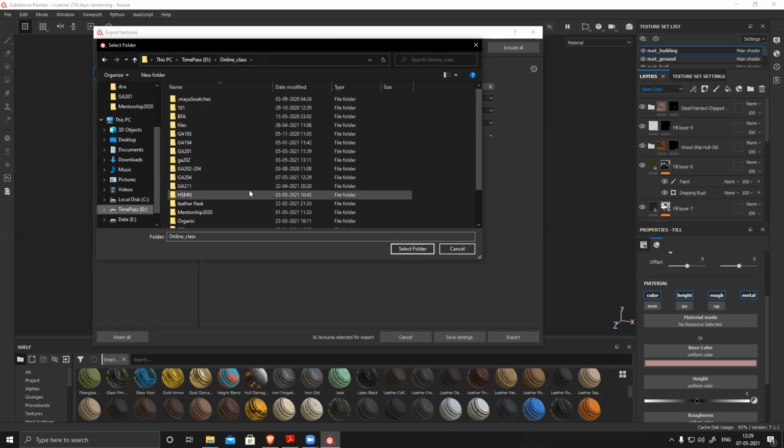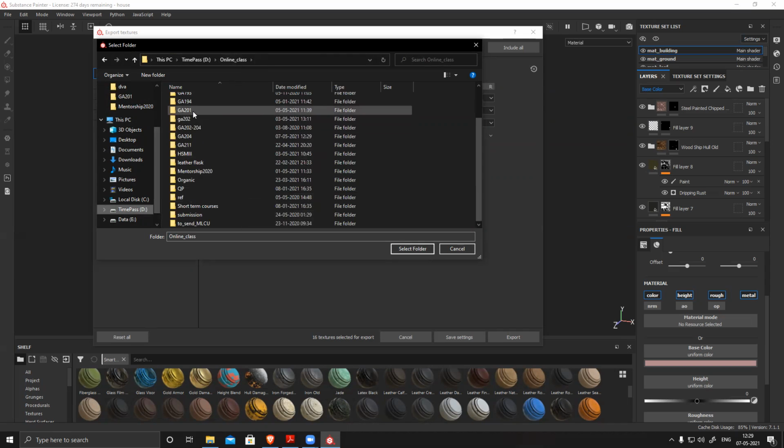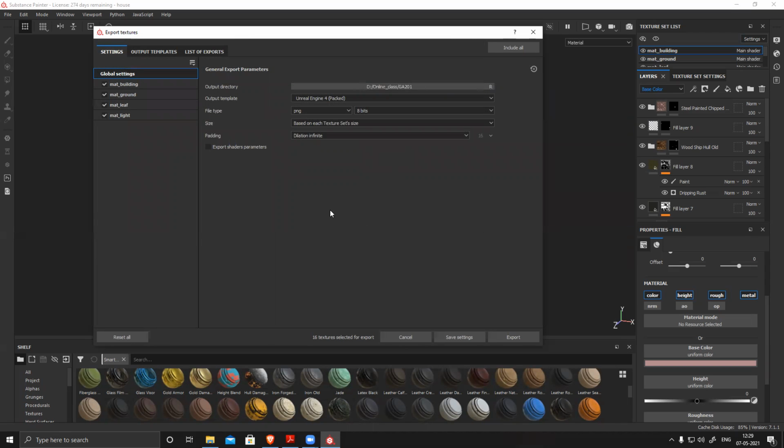201 only, right? 201, yes. And then it should be TGA, Targa, and based on the size, select all of them. Light, I don't want to export. Leaf, I don't want to export. I want to export building and the ground because leaves texture we have already used. The alpha we have already created and used in Unreal already. Lights, we have created a material already, so use it directly. These two textures I need.